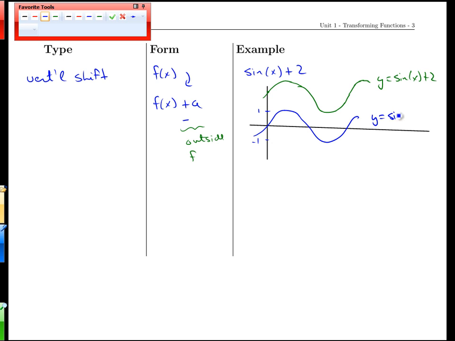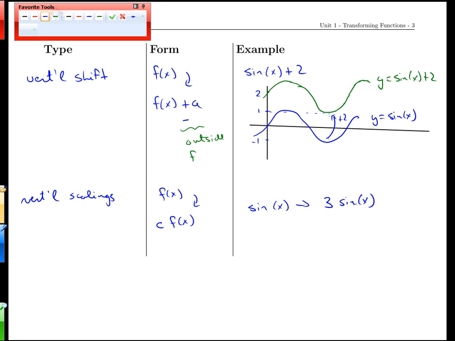That would be y equals sine of x plus 2, and y equals sine of x. The intercepts now being 2, and this value here being 1, because when the graph ordinarily goes down to -1, we'd have -1 plus 2, move it up by 2, and we get the green graph line there. Last but not least, we might encounter, and we certainly will encounter, vertical scalings. That's when we have a function that gets multiplied by some constant, but now again outside the function itself, and classic for this would be sine of x being replaced by, say, 3